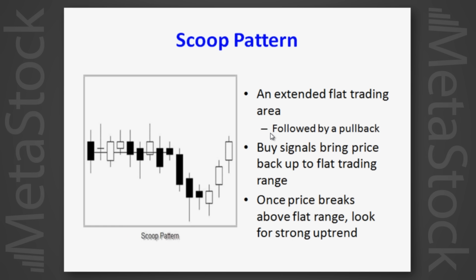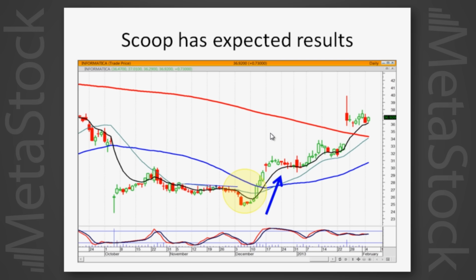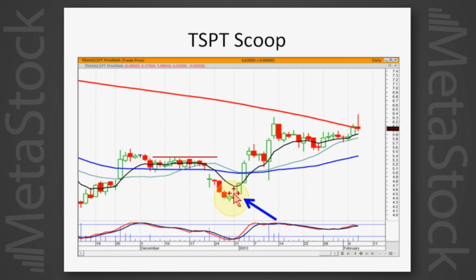The scoop pattern looks like a scoop. It usually has a flat handle prior to the breakout. So right here would have been a resistance level, which was also the flat handle and the 50. But knowing that if we're buying down here, we have the potential of that scoop pattern because of the flat handle, looking for the slingshot effect to the upside. So we can be buying here or we can be buying here,